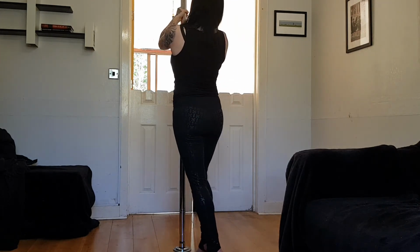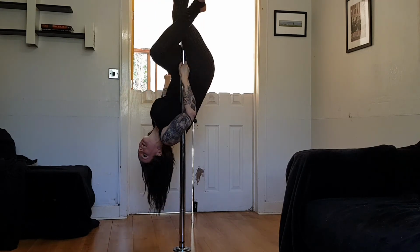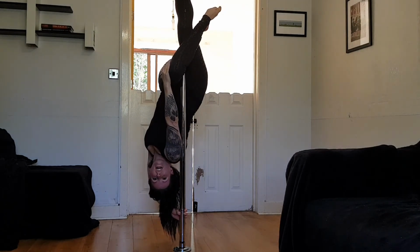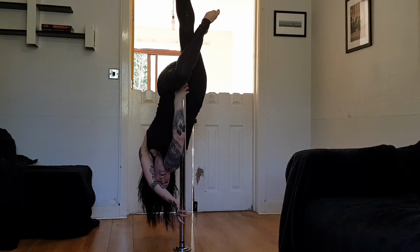So one more time. Inside leg on, outside leg crossed over, outside hand down, bringing this hand off if we've still got the grip, bringing it onto the knee, pushing in with that top ankle, squeezing it between the legs, and then